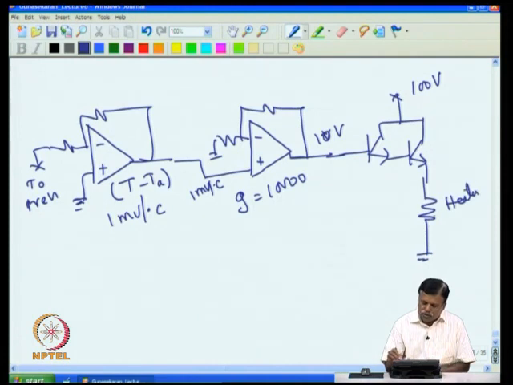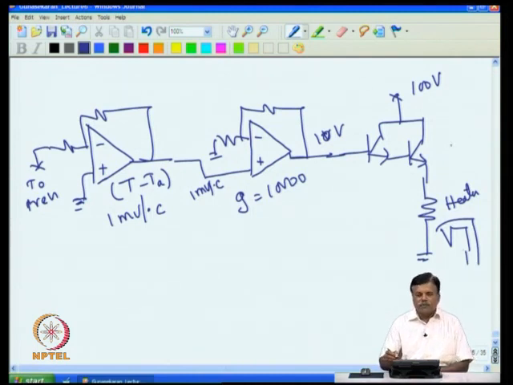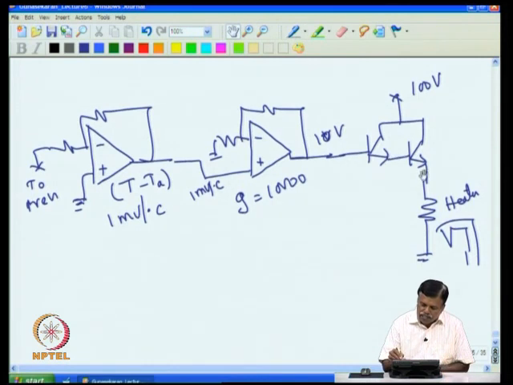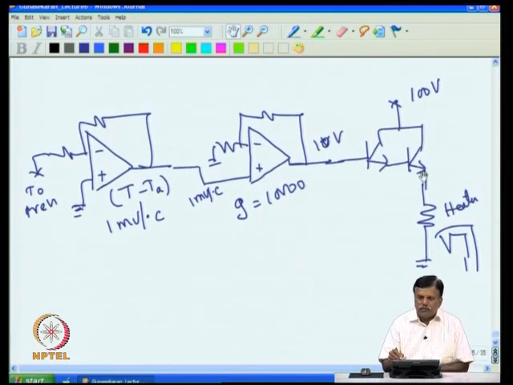This heater is in the oven, and only the thermocouple is kept to measure, as we had seen in the previous figure. The thermocouple is physically kept here to sense the temperature of the oven. Now if a 1 degree difference is there, you get 10 volt, and if the 10 volt is present here, you will get 9.4 volt at this point, and then another 0.6 less here, that will give you